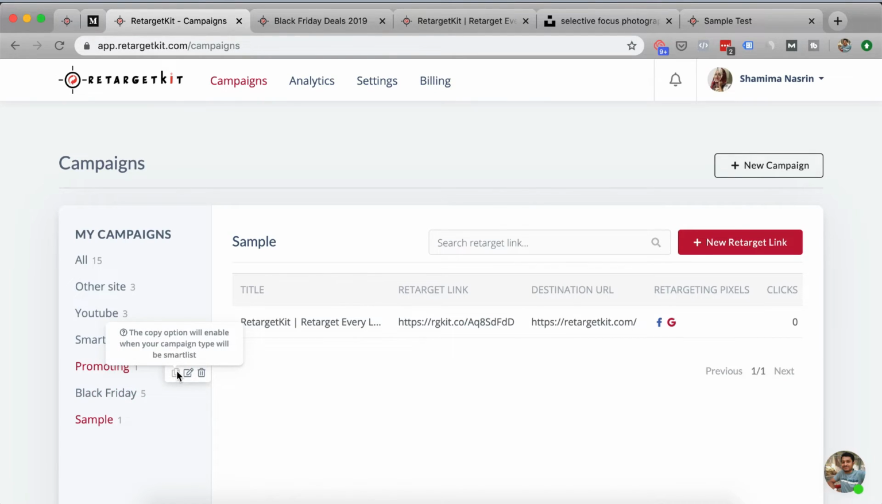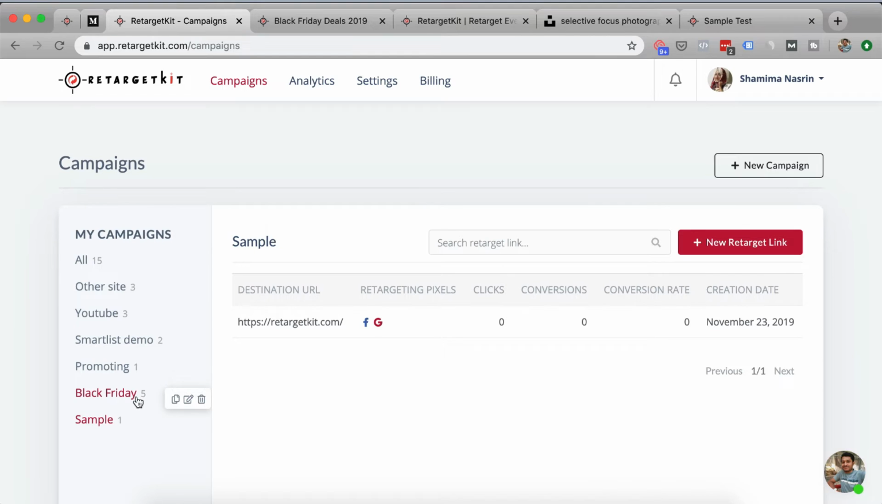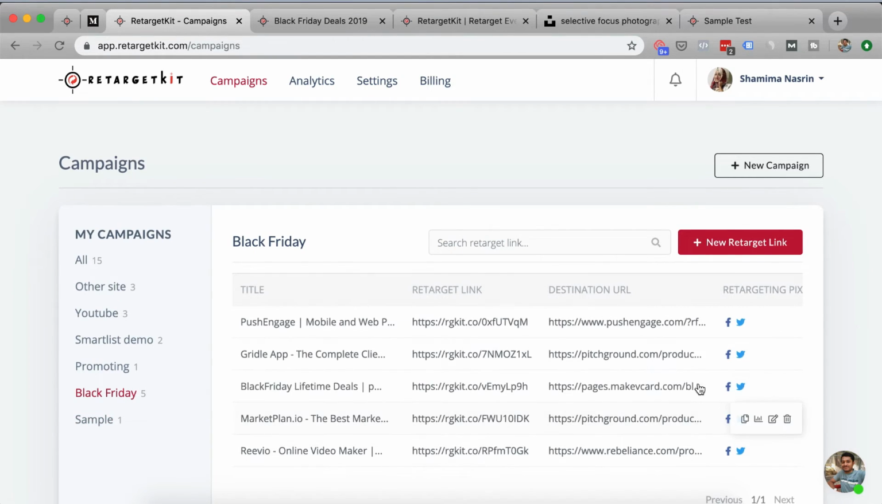If you have created a Smartlist, there will be a copy option. If you haven't, like this one, there won't be any option to copy the Smartlist link. One more thing I almost forgot is you can even check the analytics of